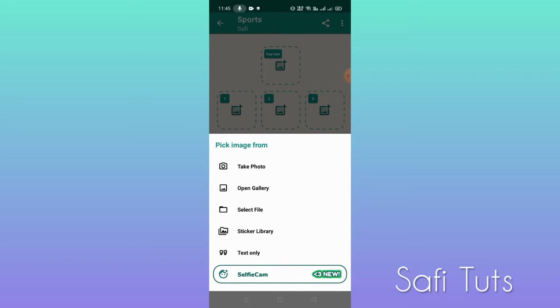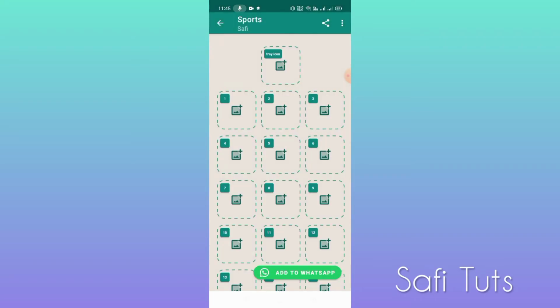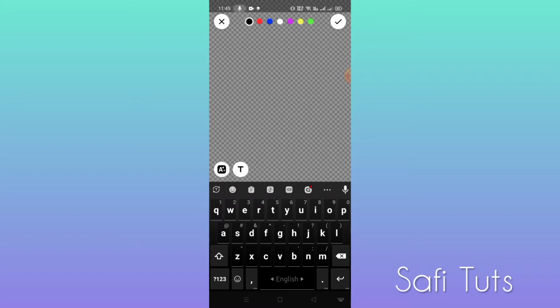So you can also take your photo, maybe a selfie or a solid photo, or open gallery. If you have a picture in your memory, then you can just bring it and select file. So in this video I'll use text only,